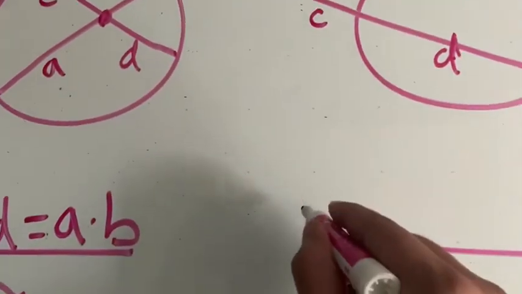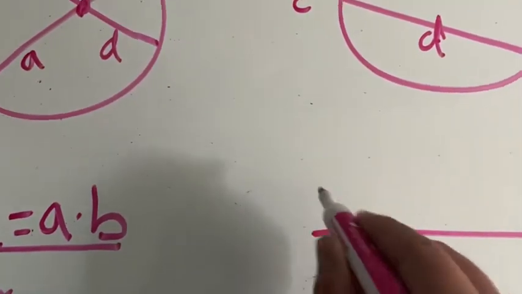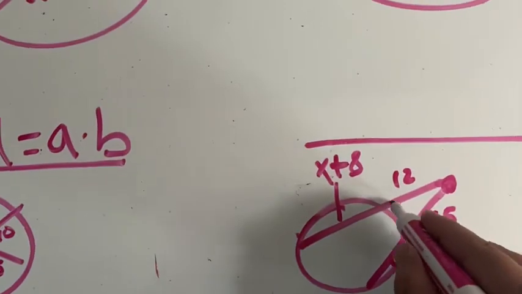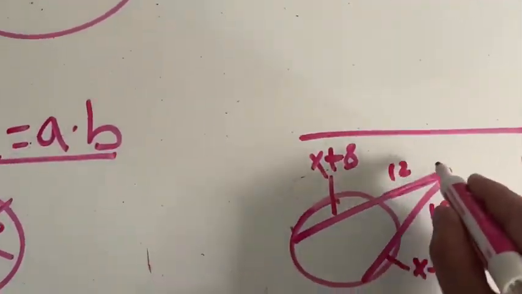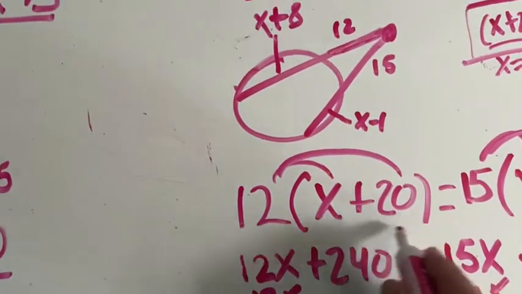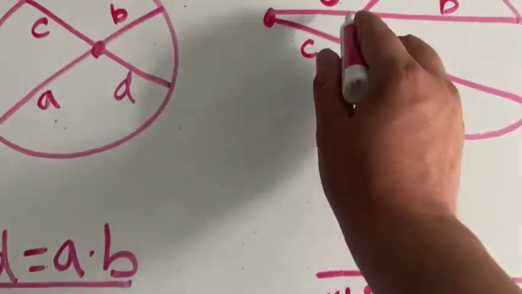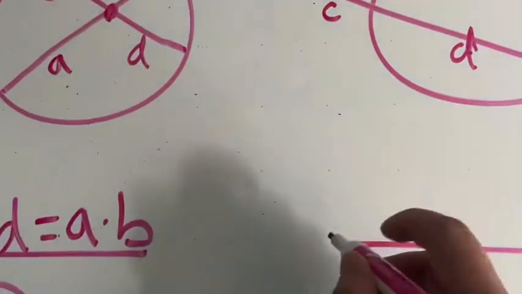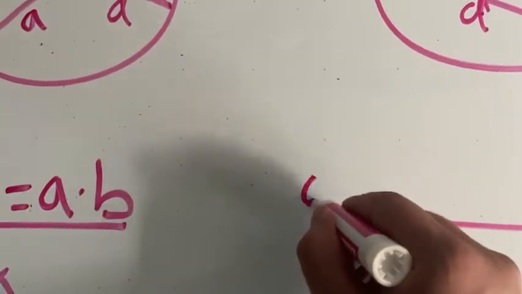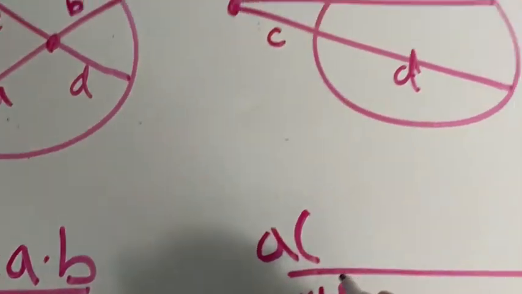So how would I express that? Looking back here, I multiply 12 times the entire secant line, correct? I want to multiply this A by the entire secant line. So the way I would express it is A times